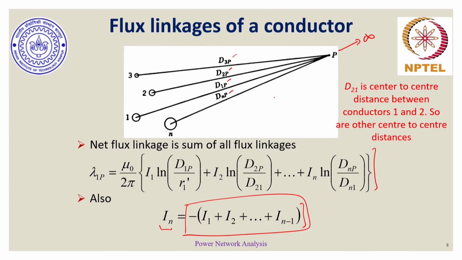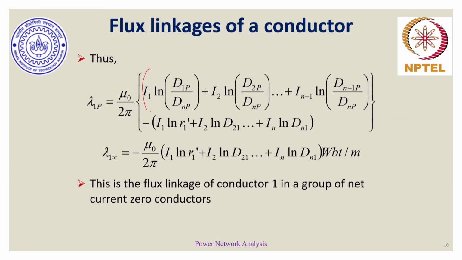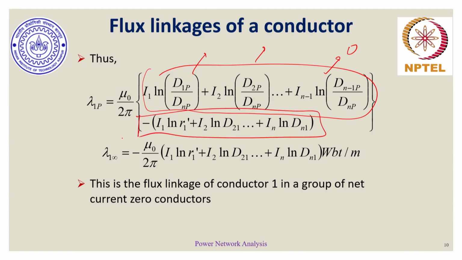So essentially, with the point P tending to infinity, the individual distances become more or less similar, and then the number inside the natural log term would start tending to 1. In fact, all these terms would individually tend to 1, and we know that the natural log of 1 is always 0. So the first terms, which are over here, all individually tend to 0,